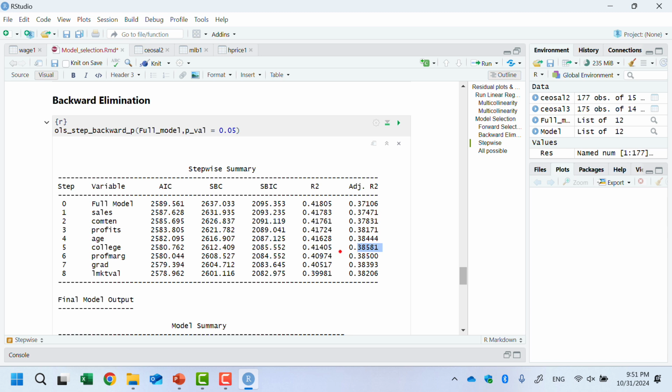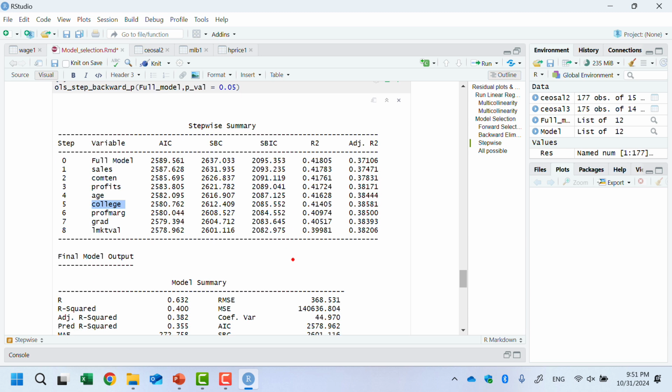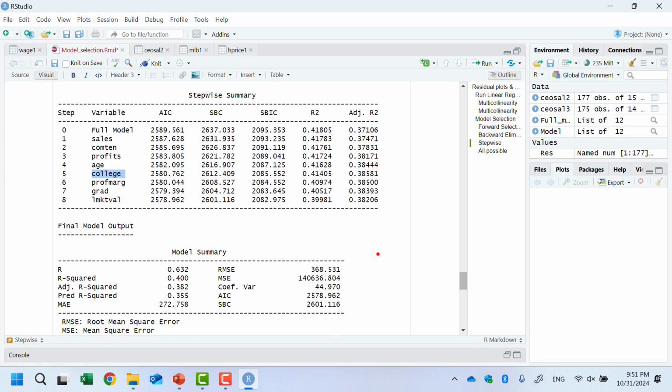But it won't stop here, because there is still a variable that has a p-value greater than 0.05, and the adjusted R keeps changing when we drop each variable. So it keeps running the regression again and again and checking again and again, and then it stopped at 8, so dropping 8 variables.